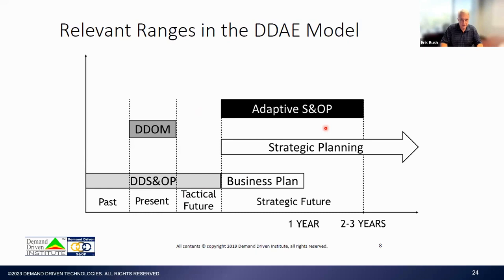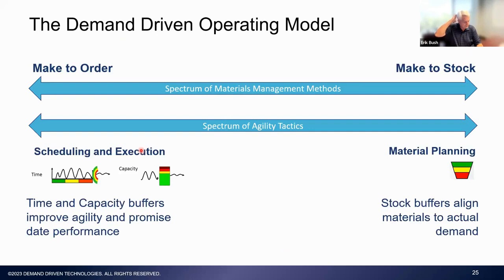So it's important to keep this in mind, because relevant ranges also help limit the amount of things that we need to focus on. If we know we've got a 13-week planning horizon, then worrying about things that are 20 weeks away is not really a good thing to do, because it's just going to waste energy. That event 20 weeks from now is likely to change between now and then anyway. So let's focus our attention on the actions that are really going to affect us within this tactical range that we're describing here. That's one key differentiator. We really want to stay on that tactical horizon.